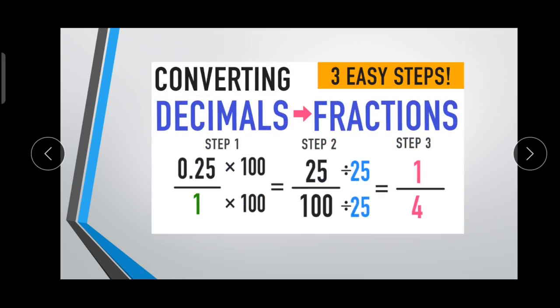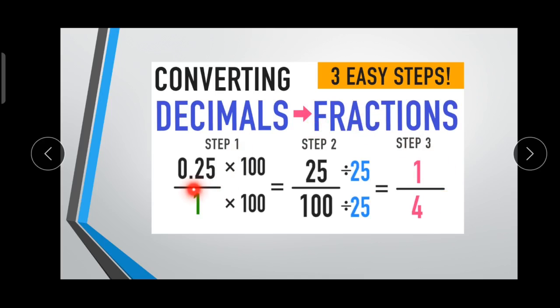Now let me move to converting decimals to fractions. How can we convert decimals to fractions? The decimal number is 0.25. We know that if a simple number is there, we can assume that it is divided by 1. Clear, children? Okay. Now we have to convert this 0.25 into a fraction. How can we do this, children? Yes. We already studied decimals in the 6th grade itself. Now you are going to solve this problem. If we want to remove the decimal dot, we have to convert it into a fraction. How can we?